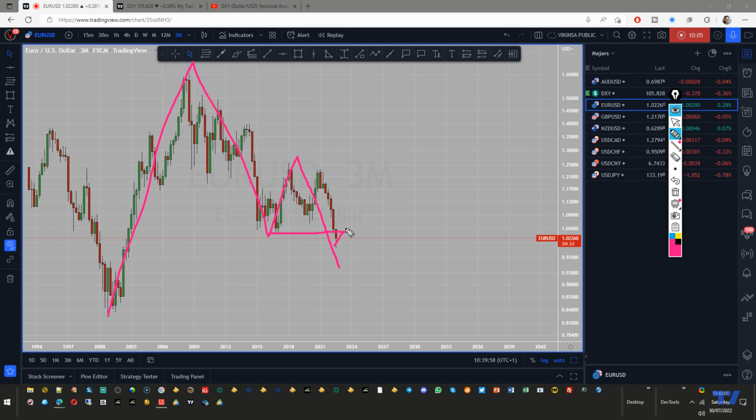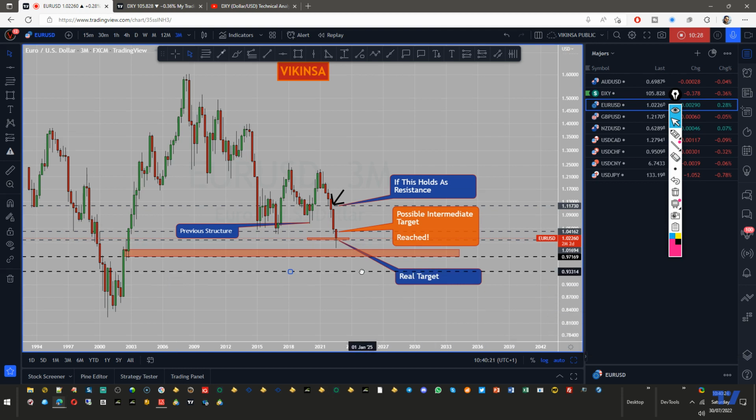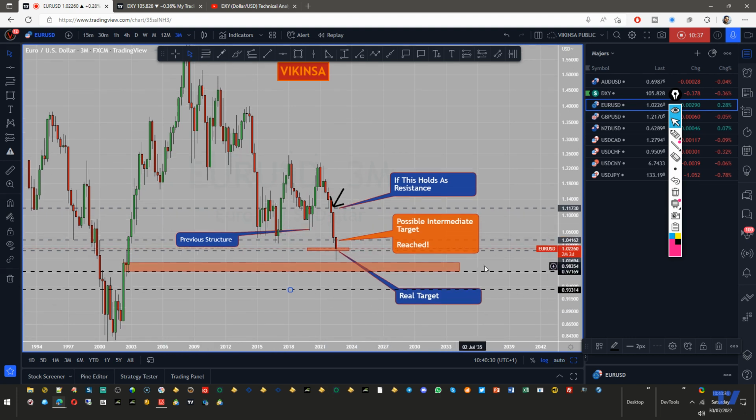So even if the euro goes up, other currencies go up and dollar comes down, there is still a possibility that market goes up and then starts to fall to complete that M pattern. So euro can still fall to 0.9. Actually, let me give better levels here. So it can still fall to near about here, near about 0.9. Actually, that should be this one, 0.93214. But when we reach there, I will have better visibility on exact levels. But right now, this is a very good zone that I'm looking at.